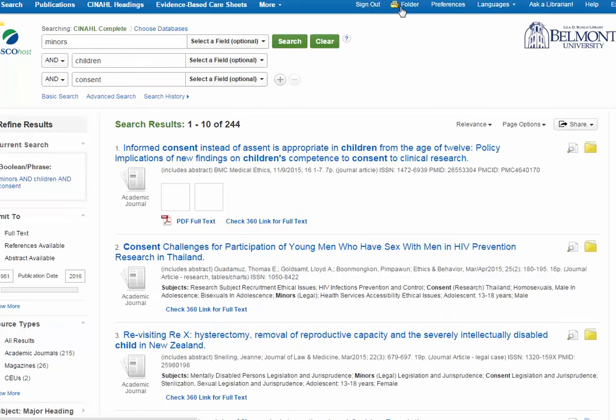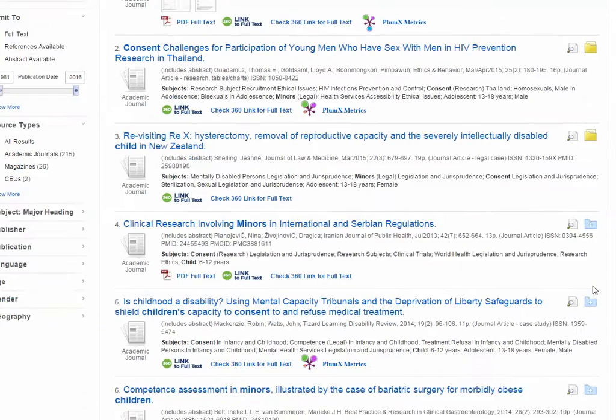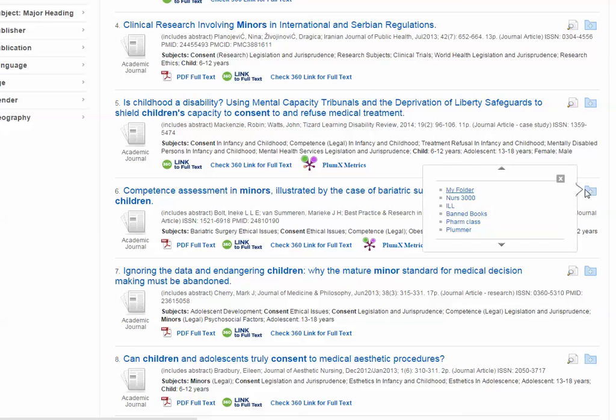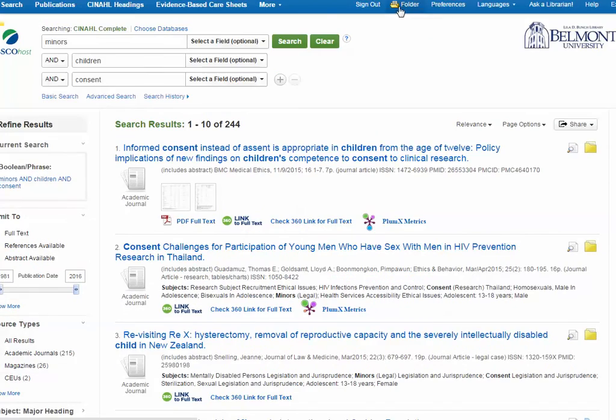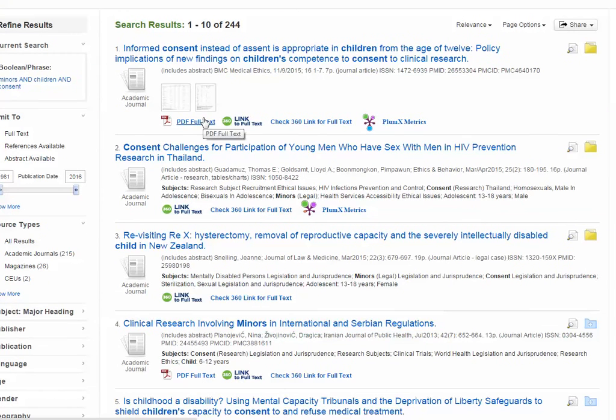As long as I'm signed in, anything that I put in my folder is saved there permanently. So you can just add things to your folder as you go along, and then do another search, add more things to your folder, and then when you're done, go to your folder to then look for the full text. Download PDF files, use the 360 link to look for full text, and so on and so on.